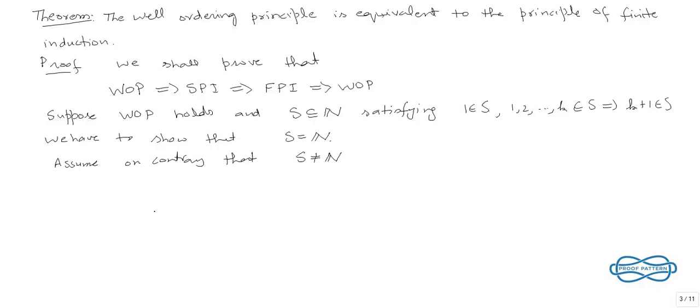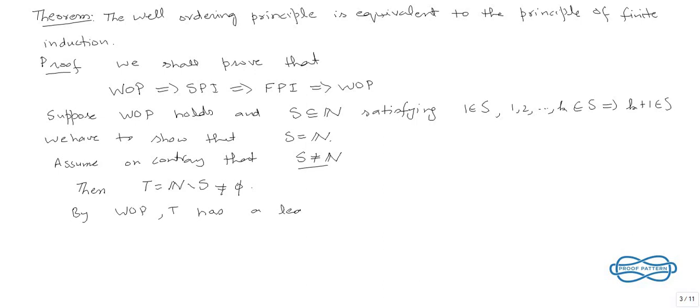Then we consider another set T, which is the set of natural numbers minus S. Since S is not equal to N, the complement of S gives another set T, which is definitely a non-empty set. By the well-ordering principle, T must have